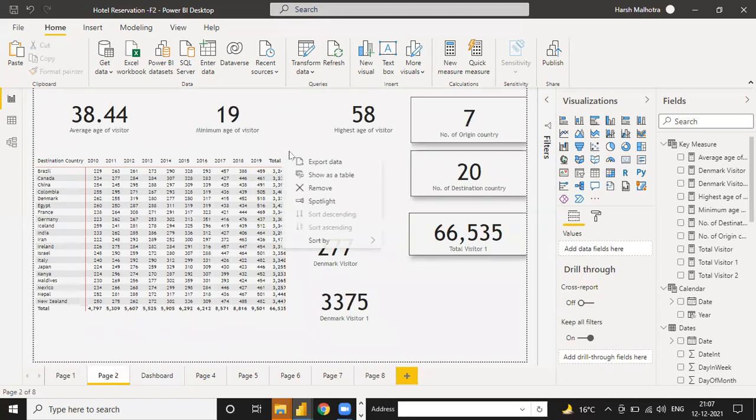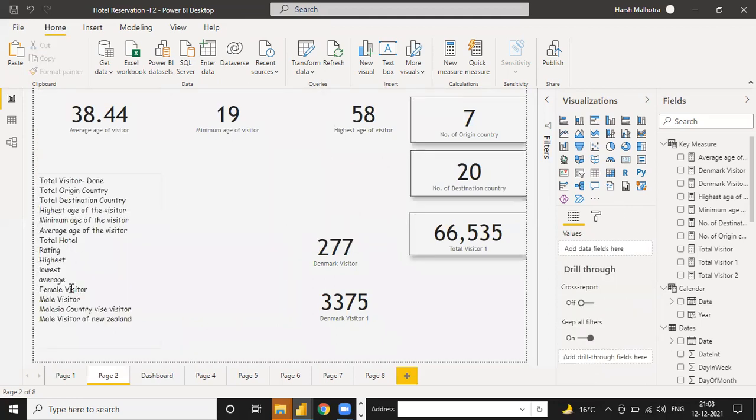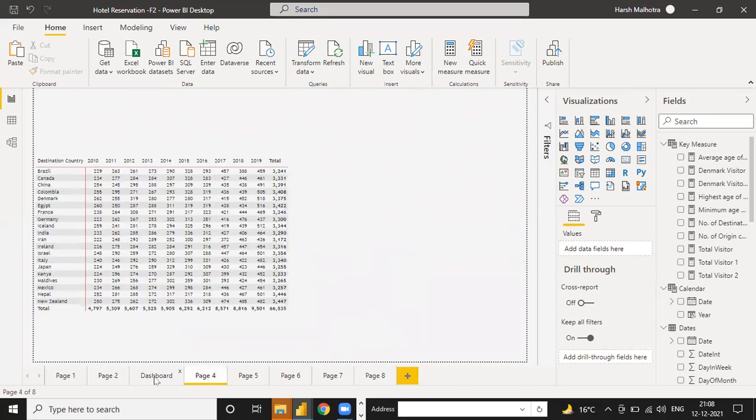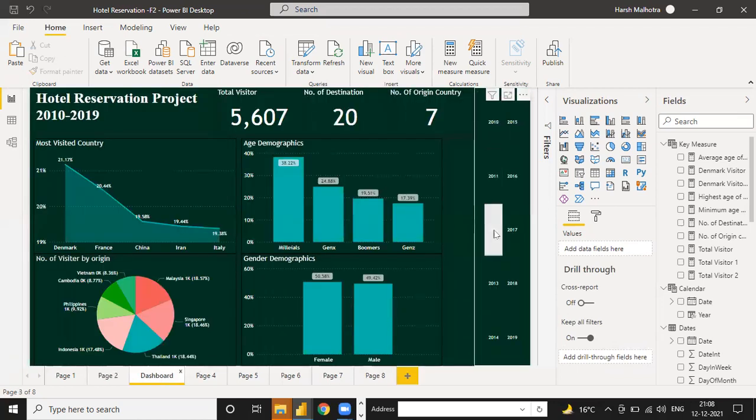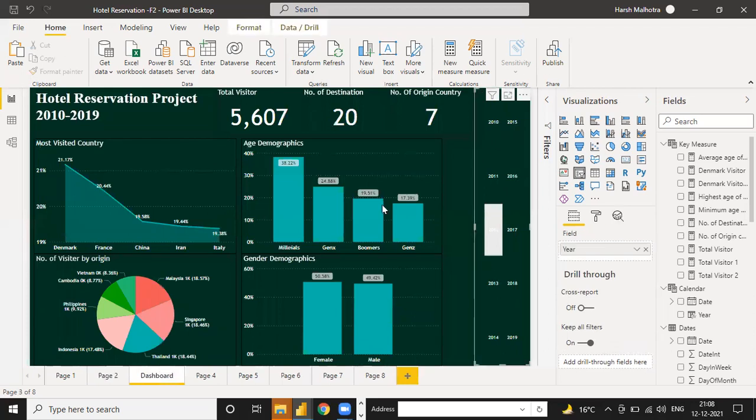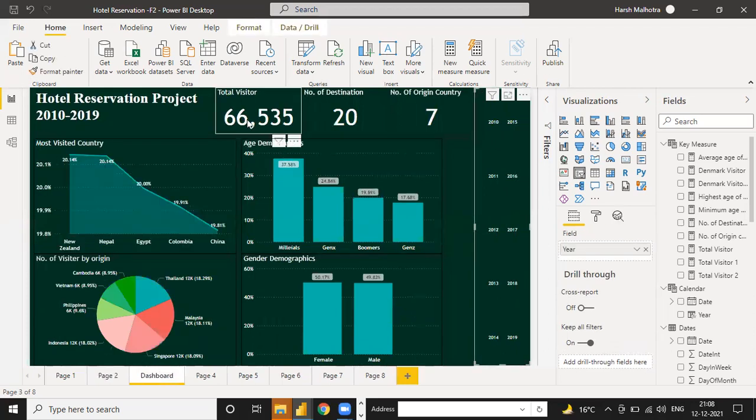Just delete this, remove. And here is a condition, suppose female visitor. See, right now in our data, if I click on this dashboard and select all the total data, in total we have 66,535 visitors.